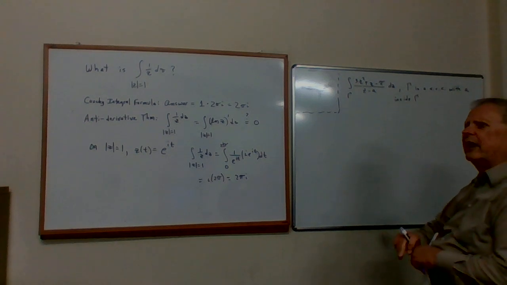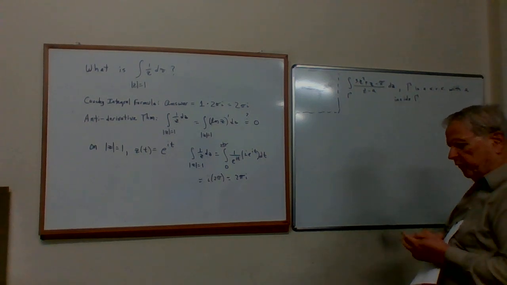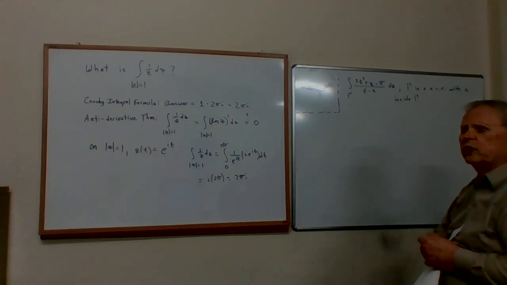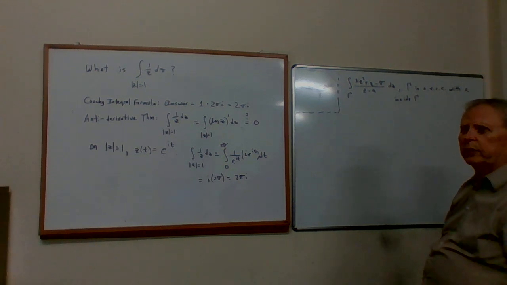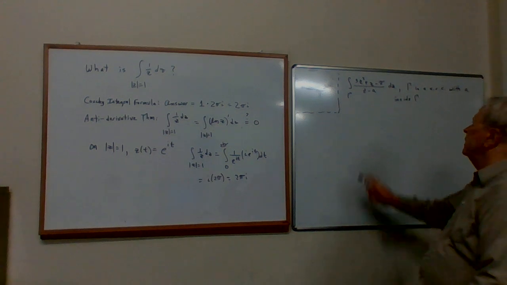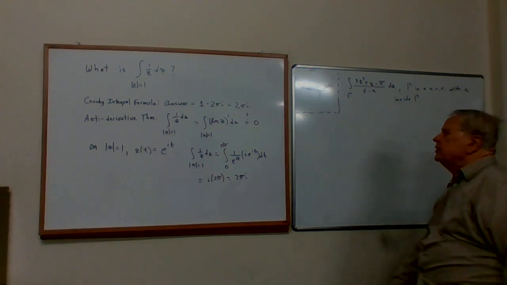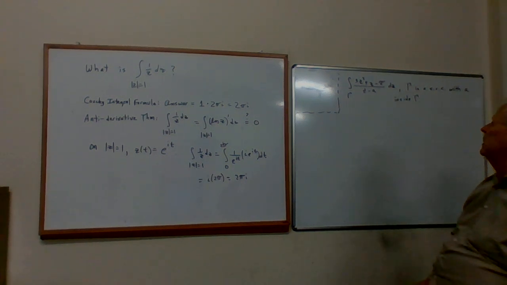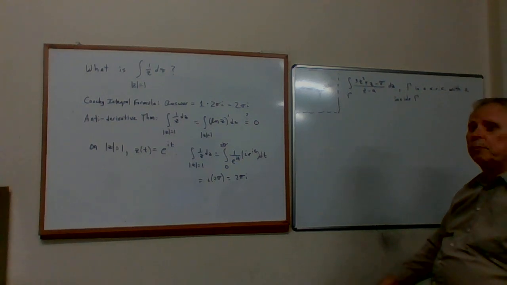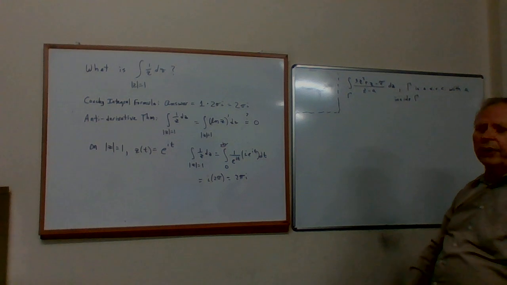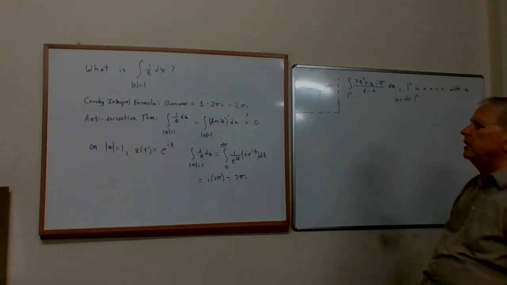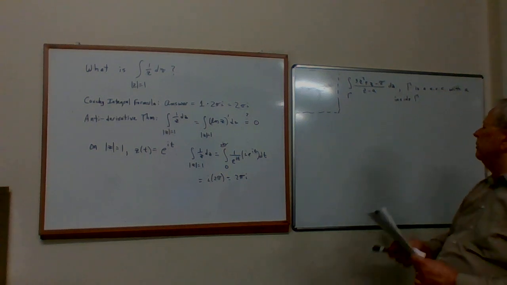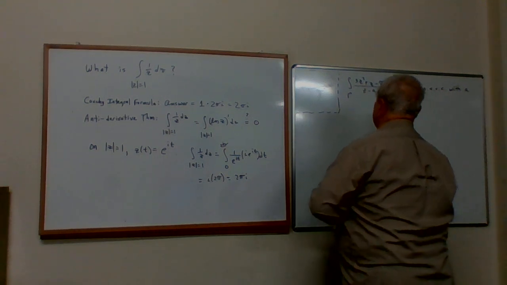I always told calculus students that my favorite problems were the ones where the first step was to write down the answer. Take a look at the numerator, 3z squared plus z minus pi. That function is a polynomial. It's holomorphic everywhere. It's entire. Divided by z minus a, and so by Cauchy integral formula,